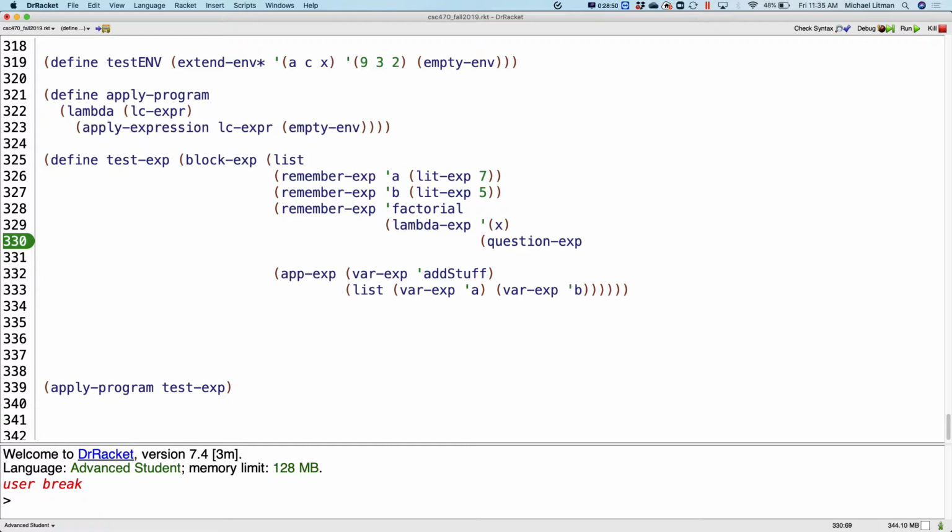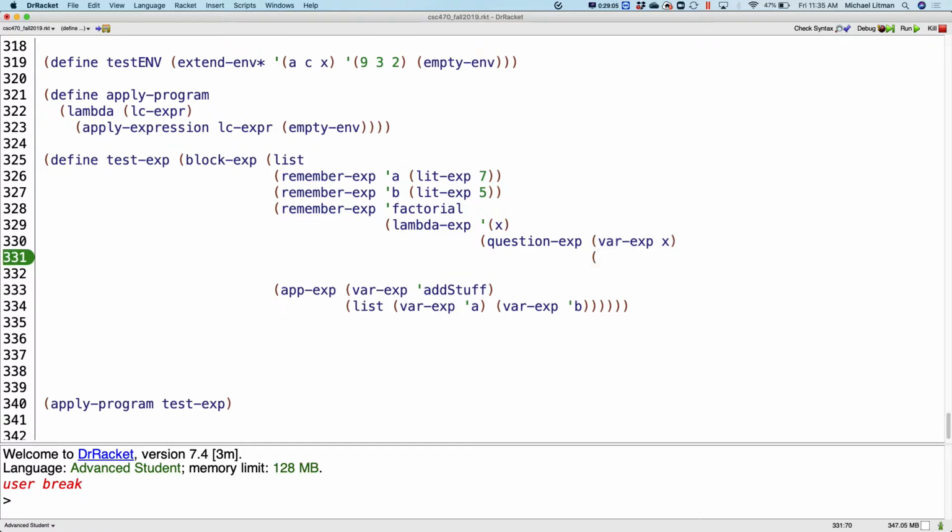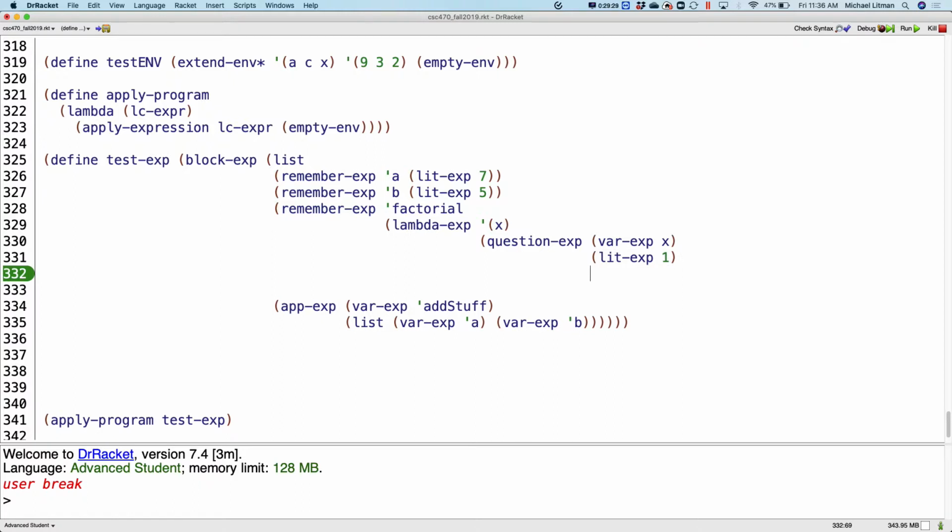So can't we say question expression var exp x? If that comes down to a 1, that's true. Correct statement, right? So then I can boil down from that to a lit expression of, well, or a var expression of 1, but here, lit expression 1. So if x is equal to 1, that's how we deal with our booleans, isn't it? If x is equal to 1, we'll get into the true expression part of this where we'll just boil down to 1. Otherwise, we're boiling down to the result of